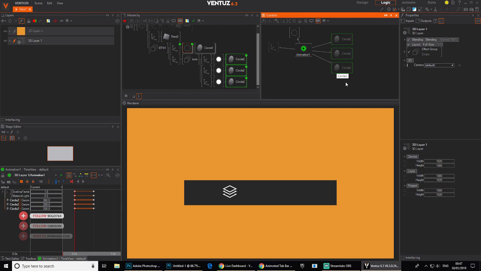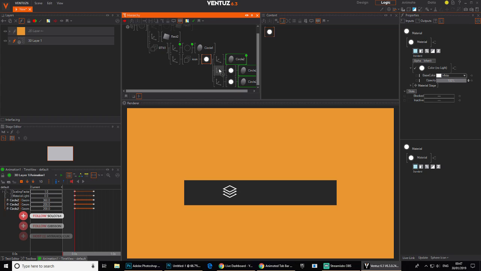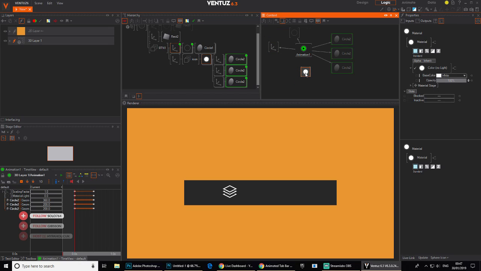So we only need one material for all these icons. We don't need to repeat, because it's one, they can all use the same one. Makes our life easier when animating. So I'm going to take that opacity for that material, and